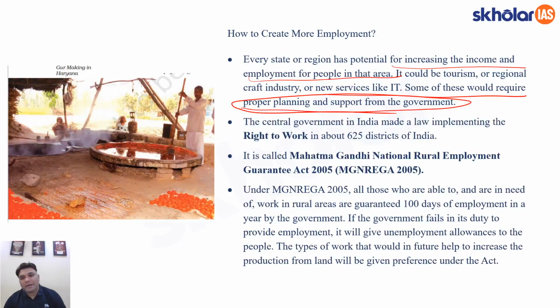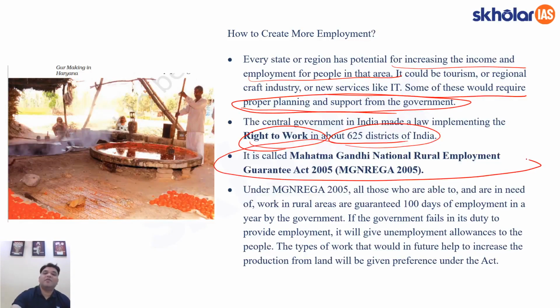So the central government in India has made a law implementing the right to work in about 675 districts of India: Mahatma Gandhi National Rural Employment Guarantee Act 2005. This is the biggest welfare program in the world. Okay, in the world. So under MGNREGA, all those who are able to and all those who are in need